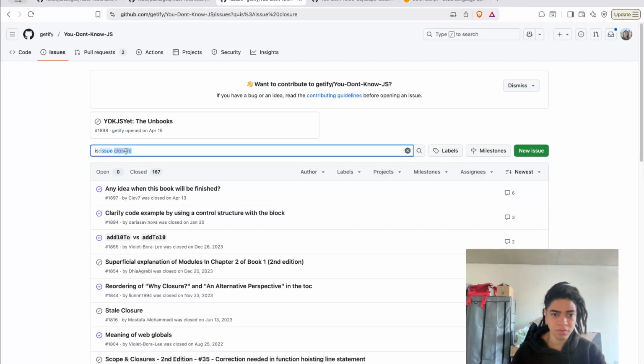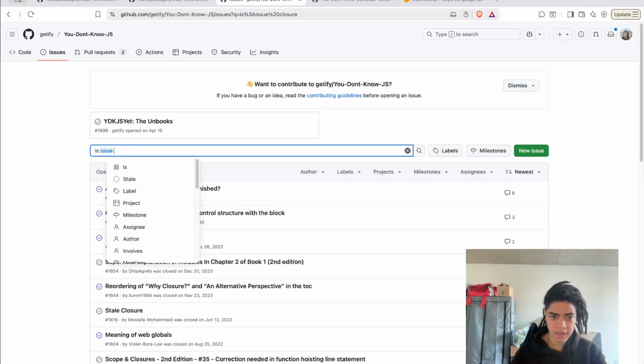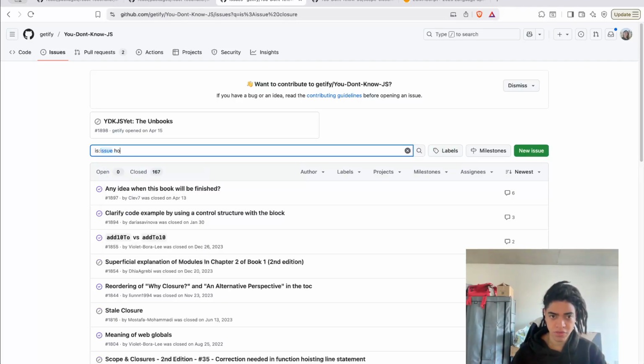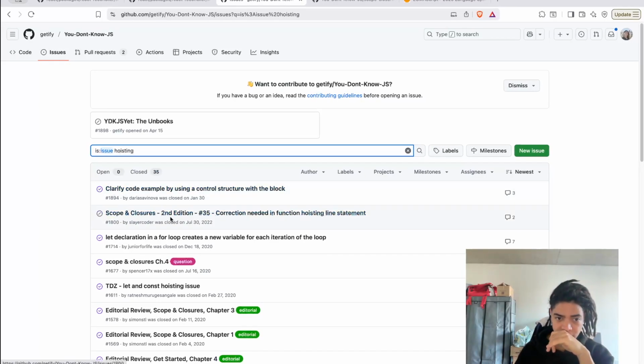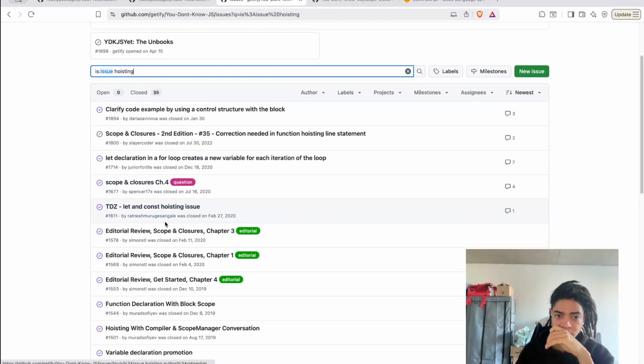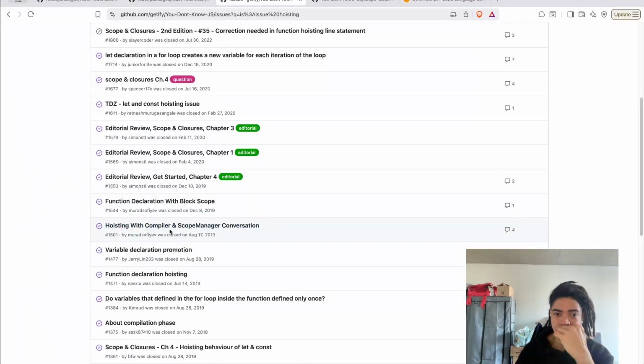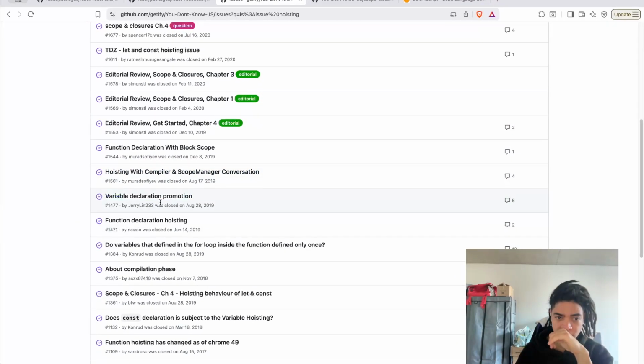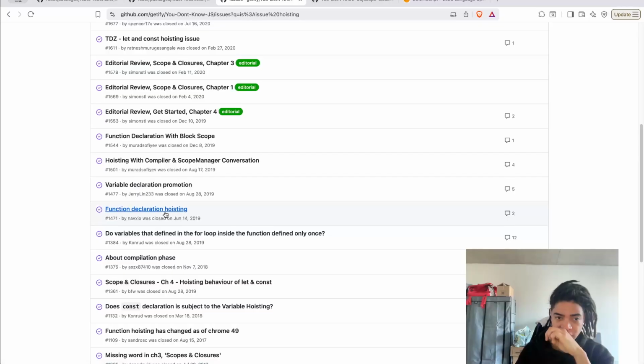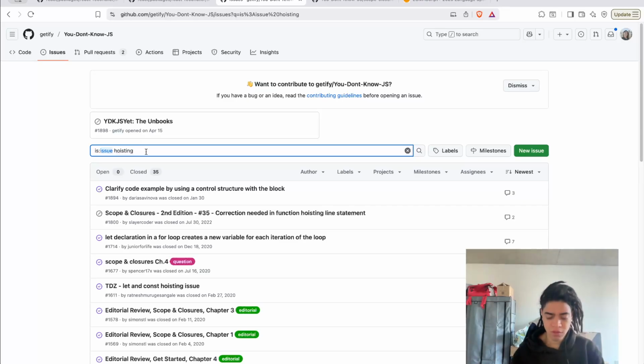Not closure, but it's the hoisting. Function declaration hoisting. Function and var hoisting.